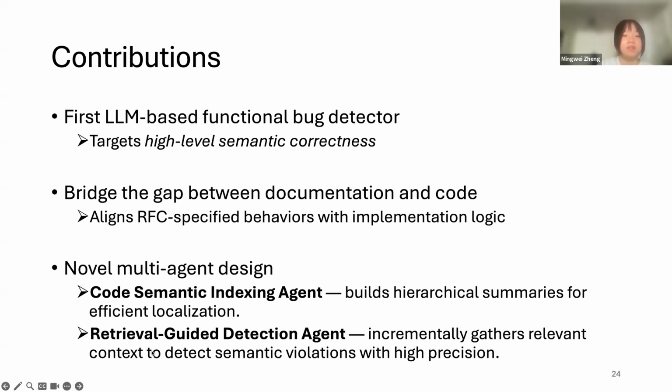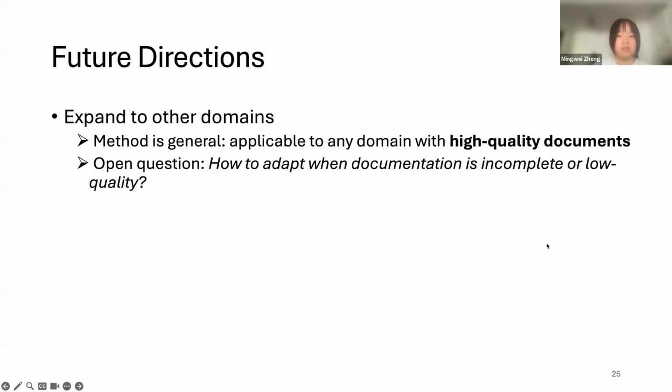The second is a retrieval-guided detection agent, which incrementally gathers relevant context and detects semantic violations with high precision. Although our findings and evaluation results already show that our tool is quite powerful and shows the promise of using LLM-based agents to find potential semantic violations,